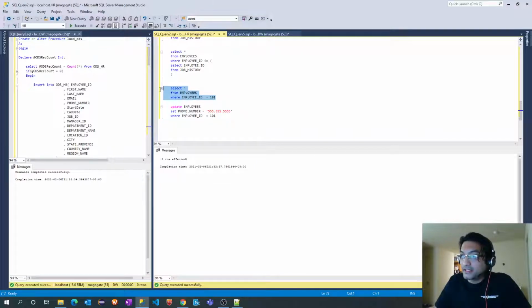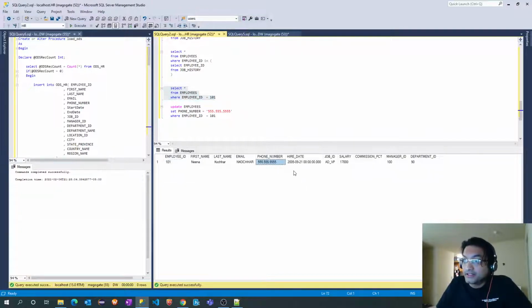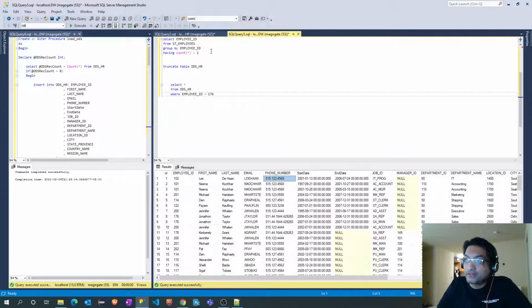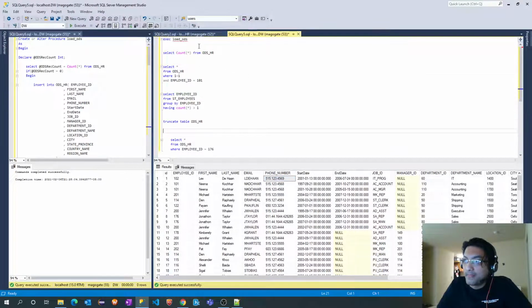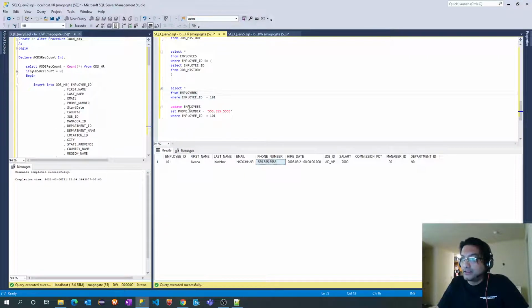Okay, so in my HR table now, I have updated this phone number. If I run my stored procedure, first before that, I first need to change that in my staging table. So let me check my staging table here.